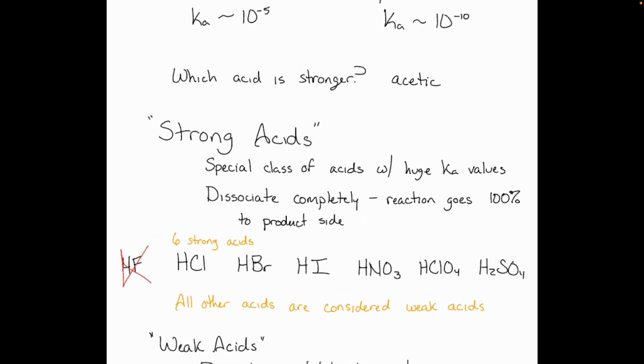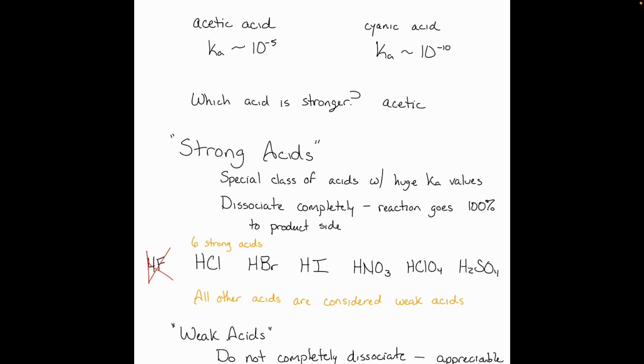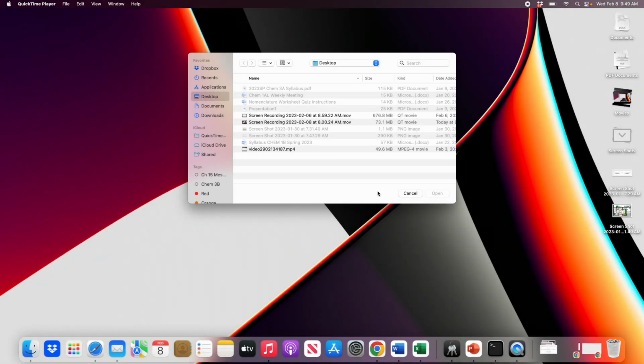All right, so again, strong acids are this special class of acids. Only these 6 apply, but they fully dissociate. So we can assume that 100% of that strong acid molecule reacts and forms the product, our hydronium ions. What we'll pick up with next time is weak acids. And what we're going to see is because they do not completely dissociate, we're going to have to use that equilibrium expression to figure out how much product we get. Because what acid are we talking about? HCl. Is HCl on our